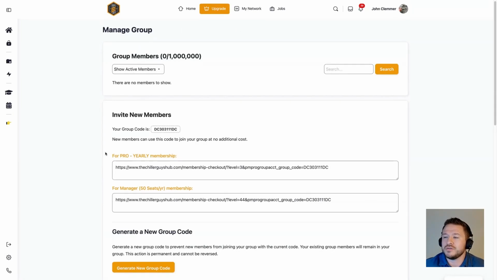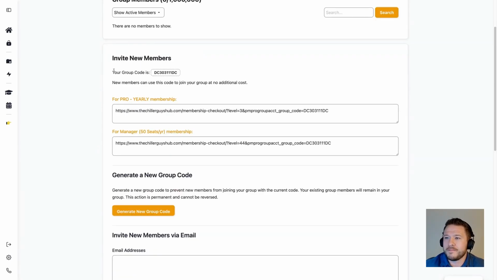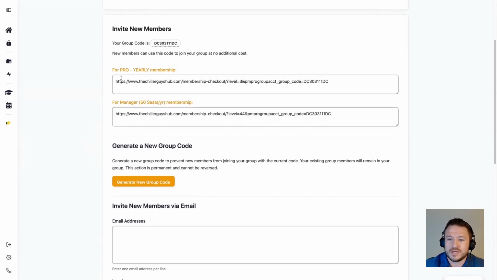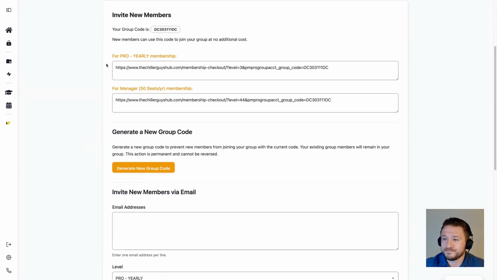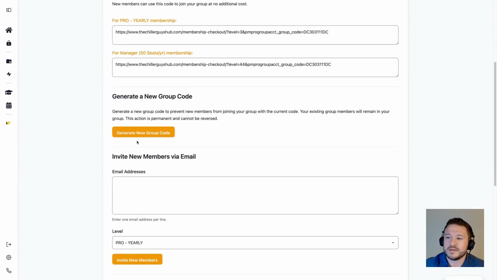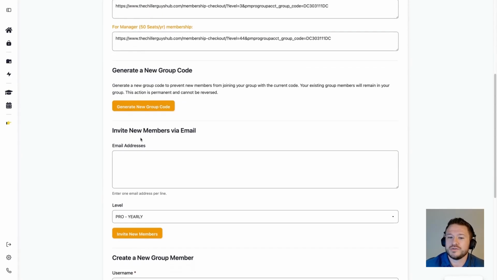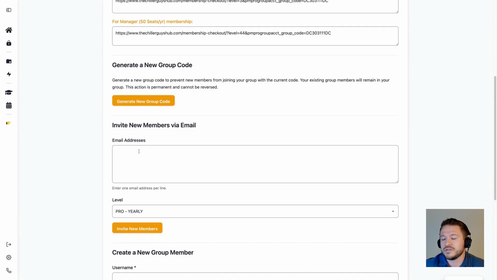And that's going to take you to the group management page. There's a couple different ways to get new members invited. You can invite them through a group code that they can use. They can go through the checkout process, enter that group code. It'll give them basically a free account that way. You can send them links, but the fastest way to get new users on is just to send a bulk